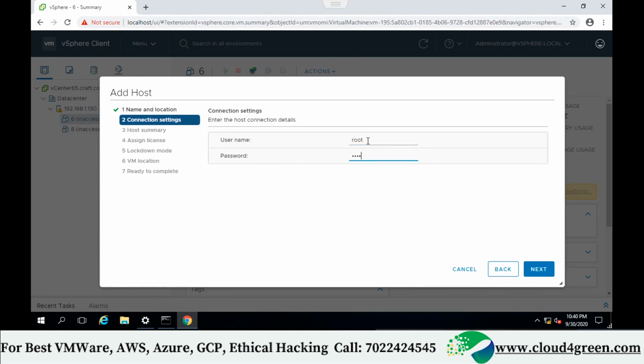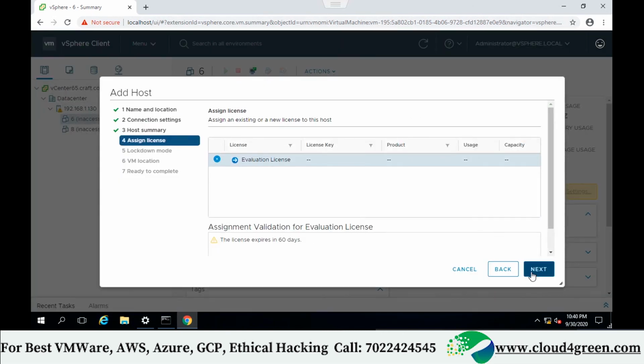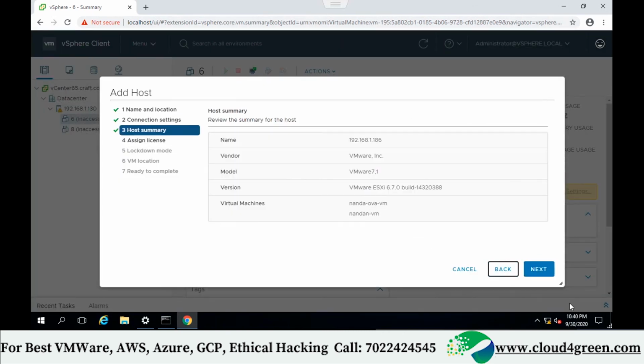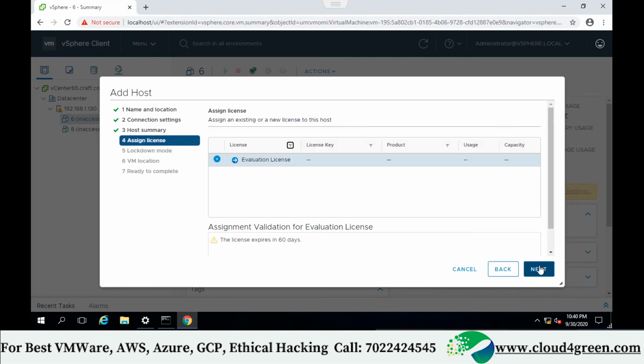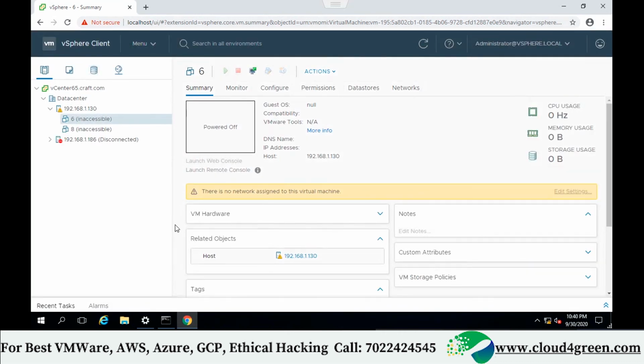See, here it's showing your machines. Finish. Now your ESXi host is added.